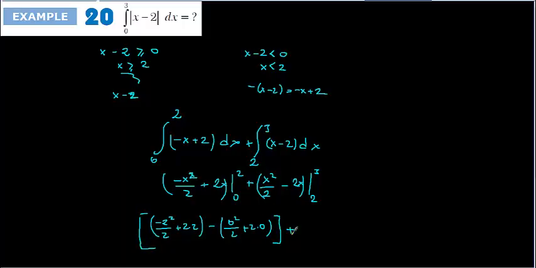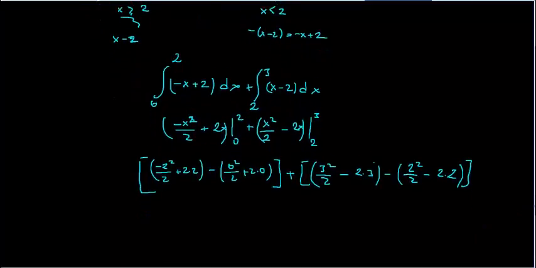Then plus, it's going to be equal to 3 squared over 2 minus 2 times 3. Then minus, it's going to be minus 2 squared over 2 minus 2 times 2, it must be. Okay, then when we do these operations, the answer is going to be equal to